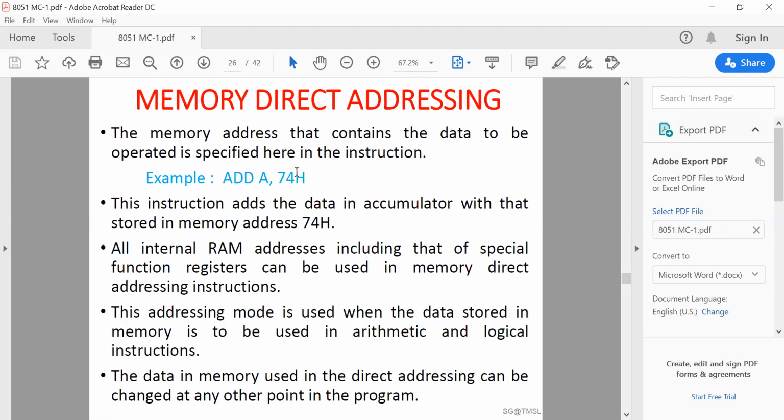So if it is simply given as 74 number, that means it's an address. Okay, so actually what happened in this instruction, this instruction adds the data byte which is stored in accumulator to the content which is stored inside memory address 74. Now all internal RAM addresses, including that of special function registers, can be used in memory direct addressing